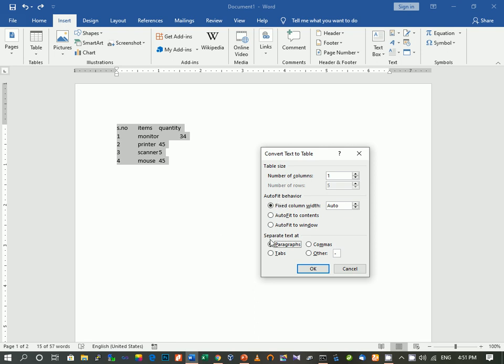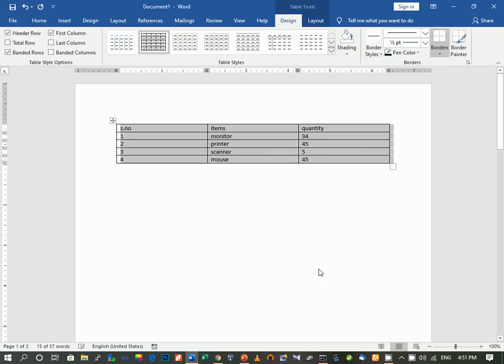Now here you have the option separate text at: paragraphs. You have to choose tabs, because I have separated my text using tabs. So you press on tabs and then click on OK. Now you can see that my text has been converted into a table.